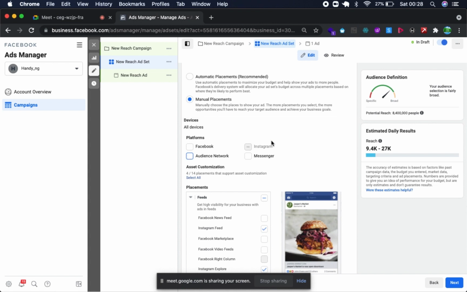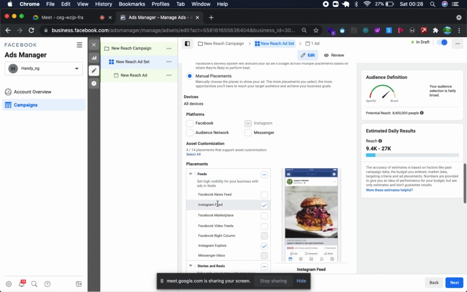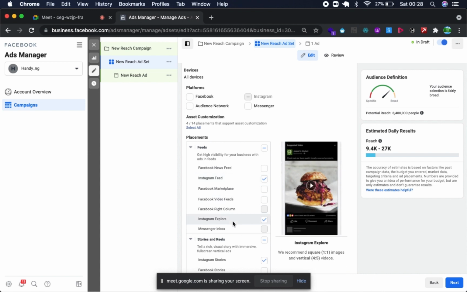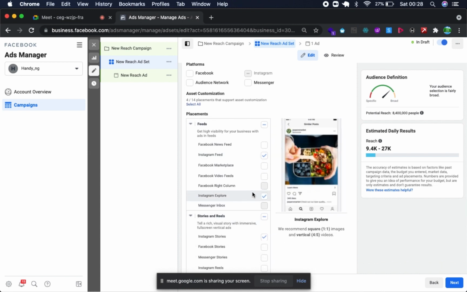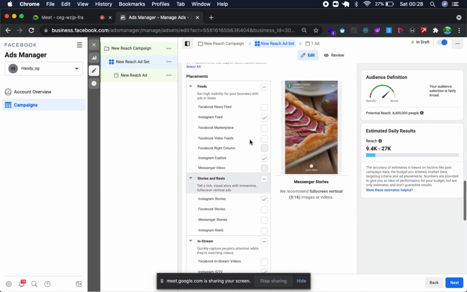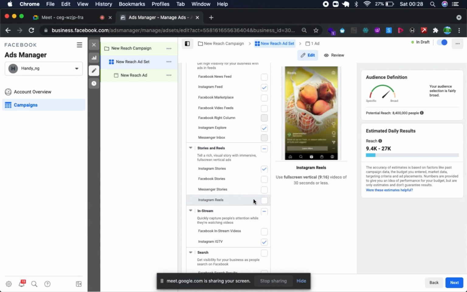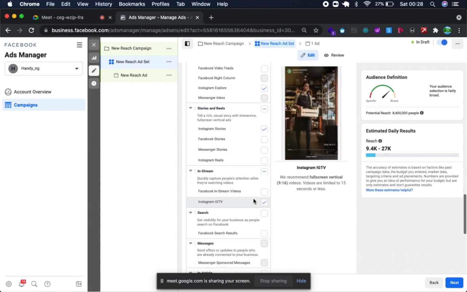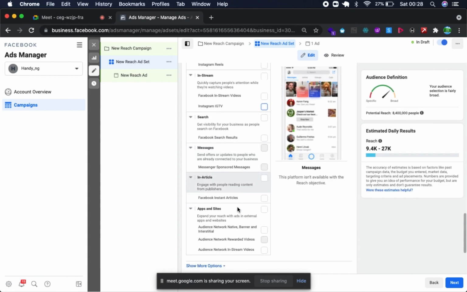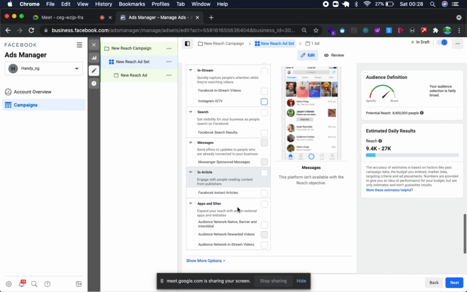So what we want to target is Facebook. We'll come to this list and tick every Facebook one. We want it to show on Facebook feeds, on Facebook Explore, and on Instagram stories. So I say Facebook, Instagram feed, Instagram Explore, Instagram stories. You can't show on Reels because it's not a video. IGTV, I don't want it to show on IGTV. The reason is that I believe anybody watching on IGTV is already frustrated.